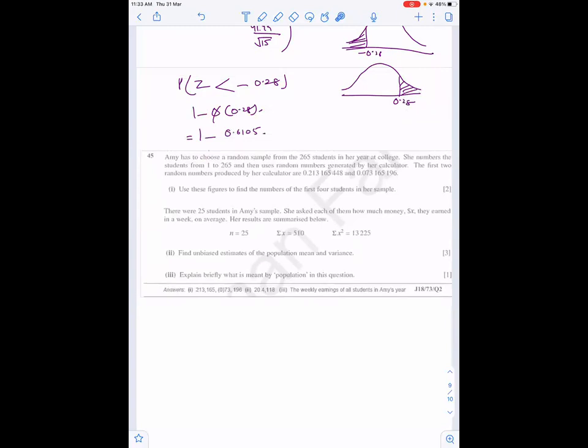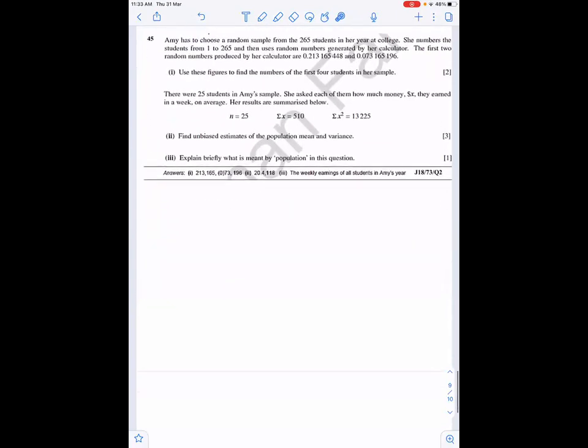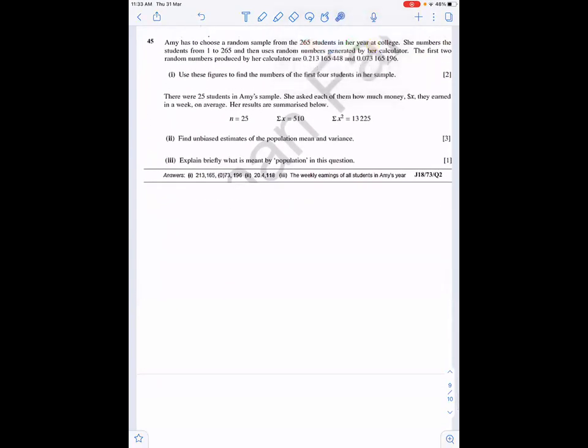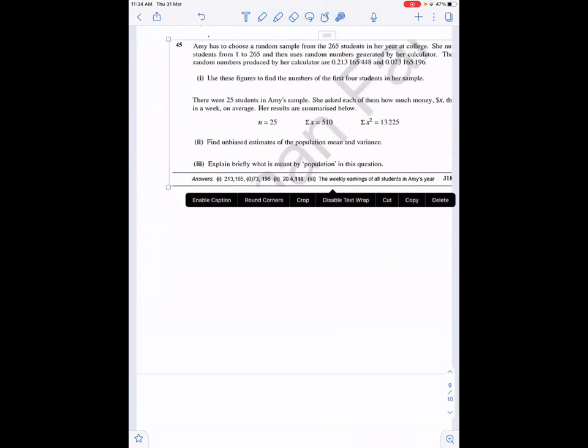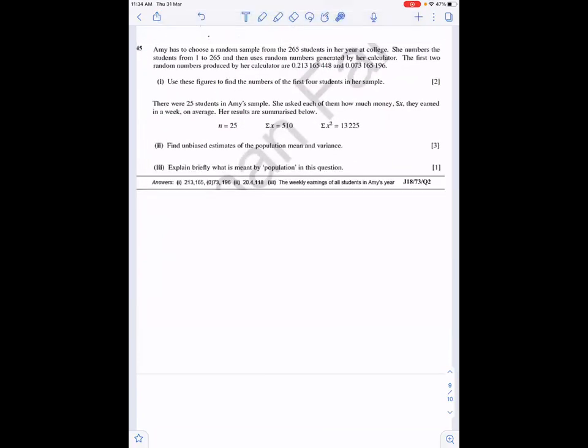It says Amy has to choose a random sample from the 265 students, and let's discuss the first part also. It says 265 students in a year at college. She numbers the students from 1 to 265 and then uses random numbers generated by her calculator. The first two random numbers produced by the calculator are these. Use these figures to find the numbers of the first four students in her sample. 3-digit numbers, so you will have to take